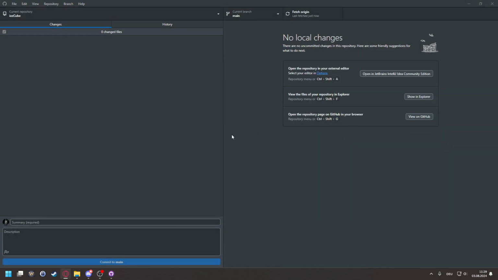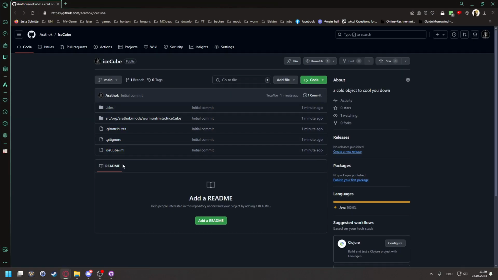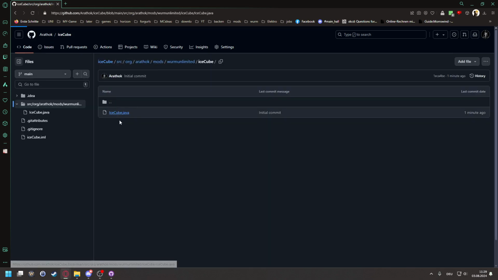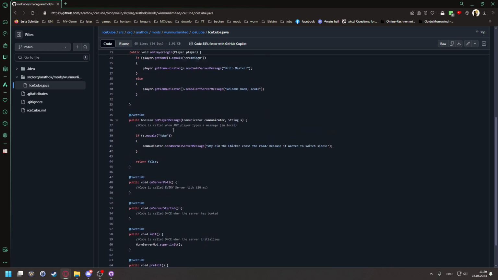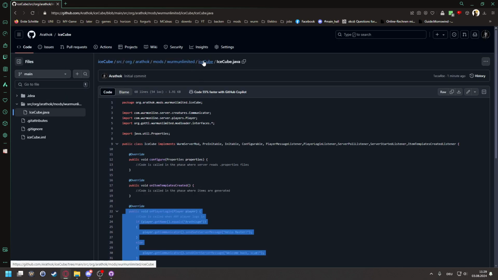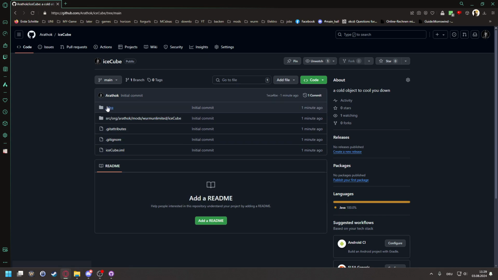All right, once you have published your repository, you can also view it on GitHub. And there you see it uploaded these folders. So this is our package, and this is our little Java file that you might recognize. So basically you always have the current snapshot up there on GitHub. But it also uploaded the idea